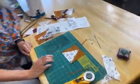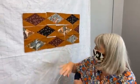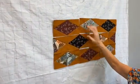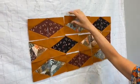And so now I'm going to talk a little bit about the layout. So since I kind of made this pattern up, you can lay it out however you want. I wanted to kind of stagger the diamonds so that I would have this secondary design, but